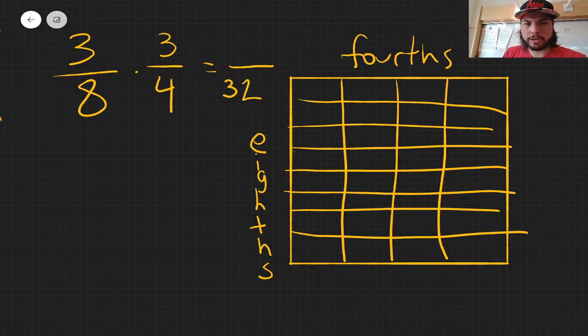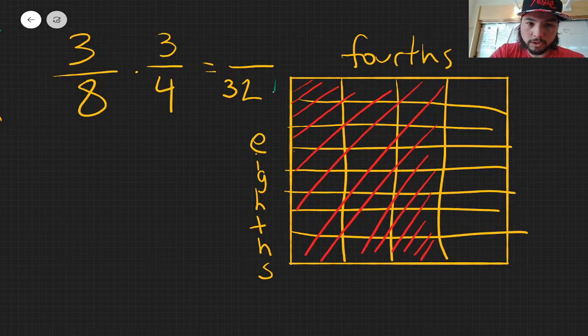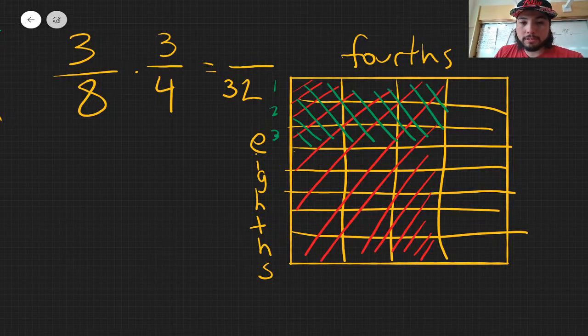Now, what's our numerator? Right? So let's isolate 3 of our fourths. Just 3/4. We don't have to worry about the fourth. Just 3 of them. Okay? Now we want to take 3/8 of those 3/4. So 1, 2, 3. Okay? And then how many 32nds